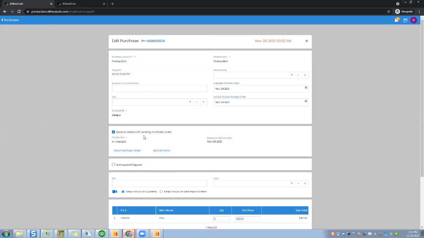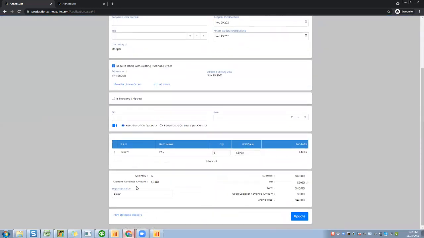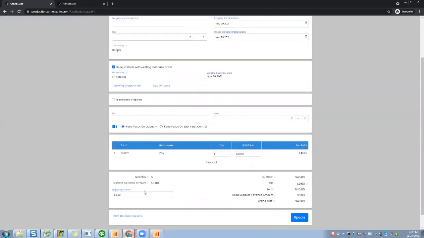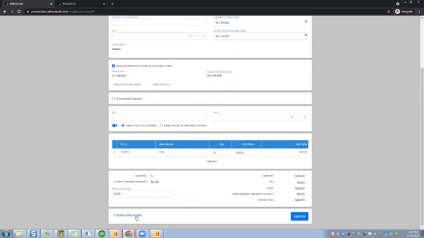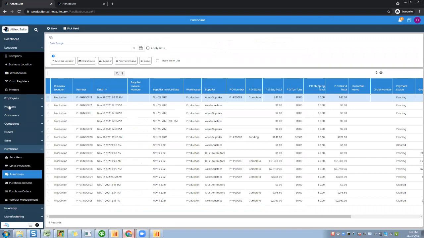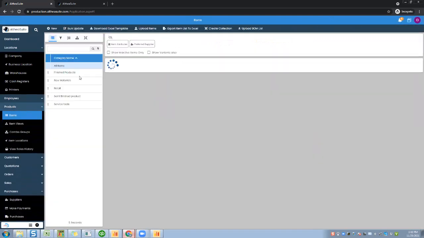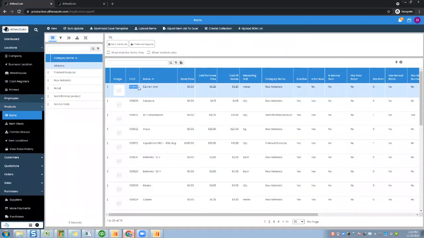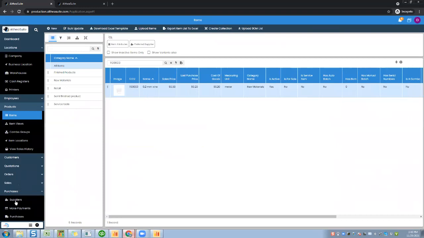You can have your purchases drop shipped directly to a customer location. If there is any tax involved or shipping charges, we can associate that. And you can also print your barcode stickers when your inventory has arrived, so you can label it right there and then. For every product that gets created in Althea Suite, there is a unique SKU that it gets. This is the SKU, and then I can search my product with a quick barcode scanning anywhere at any time.